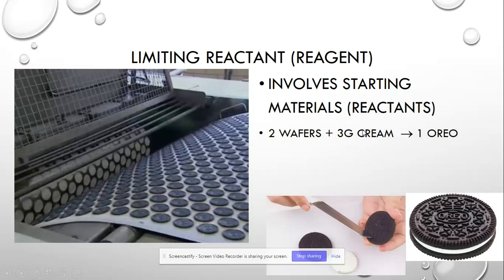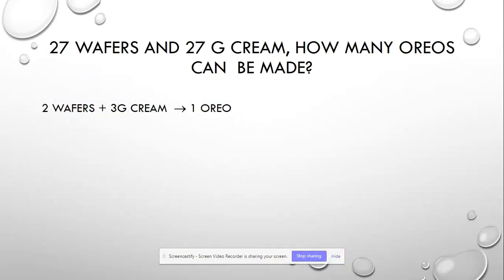And so if you only have enough cream to make 10 Oreos, then that's the only number you'll make, provided you had enough wafers to make that many. So whichever one of these reactants is in the lower amount to make product is the one that is considered the limiting reactant. So we did this with just moles, and now what we're going to do is